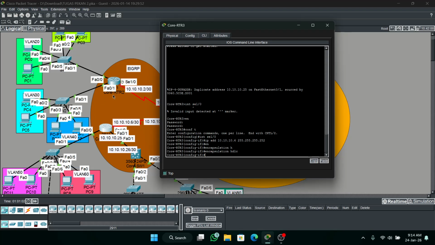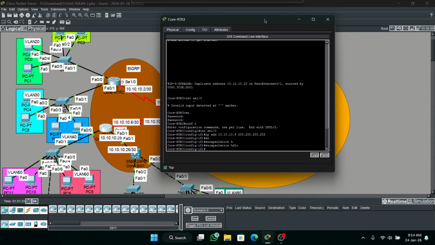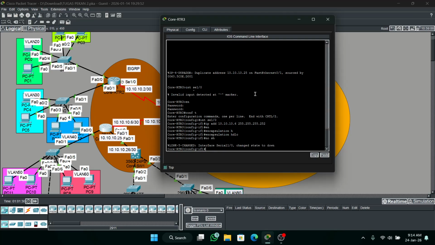Okay, this is important guys. For the port with the clock icon here, you must configure clock rate. And for the serial port that does not have a clock icon, you must not configure the clock rate. So this port will be used by DCE. This will follow the friend's port, it's DTE. No shutdown. Okay.